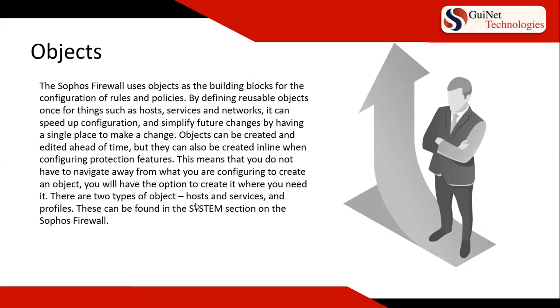तो दो टाइप के ऑब्जेक्ट्स यहाँ पे बनेंगे, होस्ट एंड सर्विसेज। ओके, तो दो ऑब्जेक्ट्स हम क्रिएट करेंगे अभी फायरवॉल पे, एक होगा होस्ट और सर्विसेज, और हम दोनों यूज करेंगे हमने फायरवॉल रूल्स पे, राइट, एंड द प्रोफाइल, एंड दिस कैन बी फाउंड अंडर सिस्टम। तो आपको ऑब्जेक्ट्स कहाँ पे क्रिएट कर सकते हो, अंडर सिस्टम, सिस्टम में जाना है, नीचे ऑब्जेक्ट्स एंड होस्ट लिखा है, वहाँ पे क्लिक करना है। यू कैन क्लिक ऑन ऐड, अगर होस्ट क्लिक करना है तो वहाँ पे ऐड का ऑप्शन है, वो क्लिक करना है। अगर सर्विस